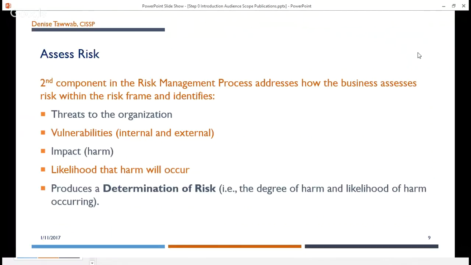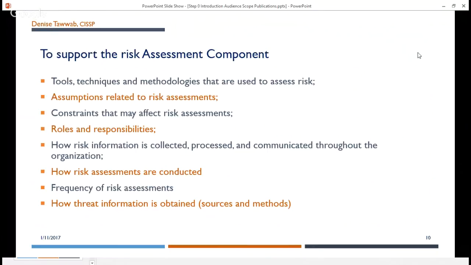Okay, within risk assessment, within that step, we are going to identify threats to the organization, the vulnerabilities, internal and external, the impact, which is the harm that could happen as a result of risk, and the likelihood that harm will occur. When we do a risk assessment, what comes out of that is a determination of risk. And that's the degree of harm and the likelihood of harm occurring. To support the risk assessment component,